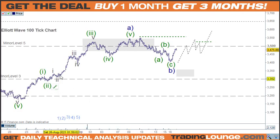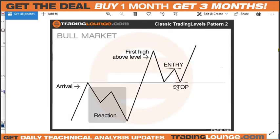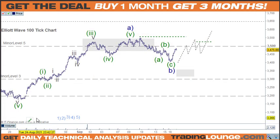So you can kind of look back. I mean, this pattern here is like a very small version of this larger pattern here. And then if you look closely in here, we really got that secondary pattern. It didn't drop back below the level here, did it? So really in that case, we've got this pattern here for that. So all these, success is in the subtleties, I think. So, yeah, anyway,